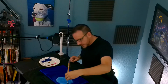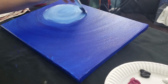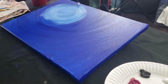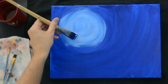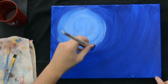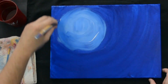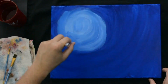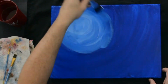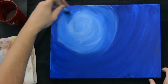And again, I'm just kind of rolling this in my fingers, and I'm going back and forth with half circles. It is drying out a little bit all around on me, so I'm going to just continually add a little bit of water as I go. The other cool trick, like I said, if you're running into this problem, is you can add just a little bit more paint. So as I go through with this white, and it's making this turn into a lighter blue, I can come back with some more of this phthalo blue and mix them together,